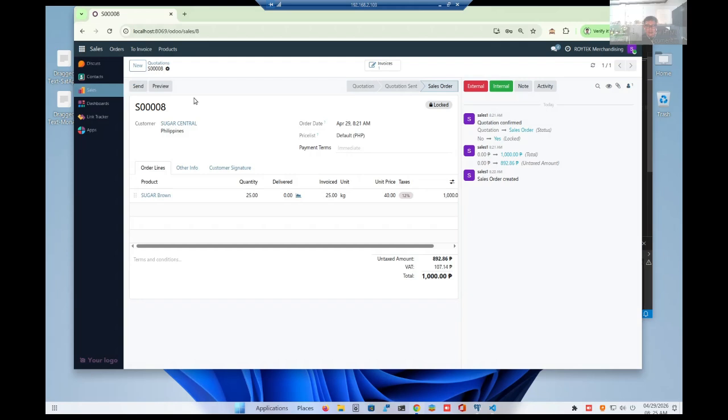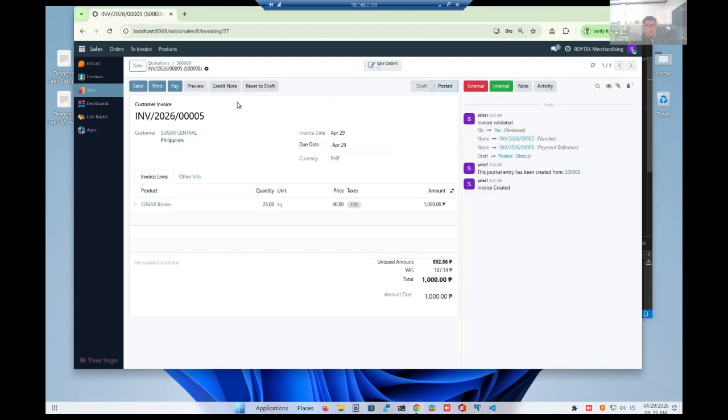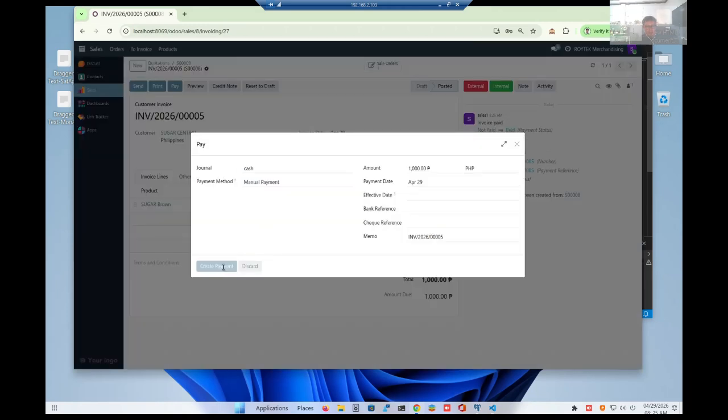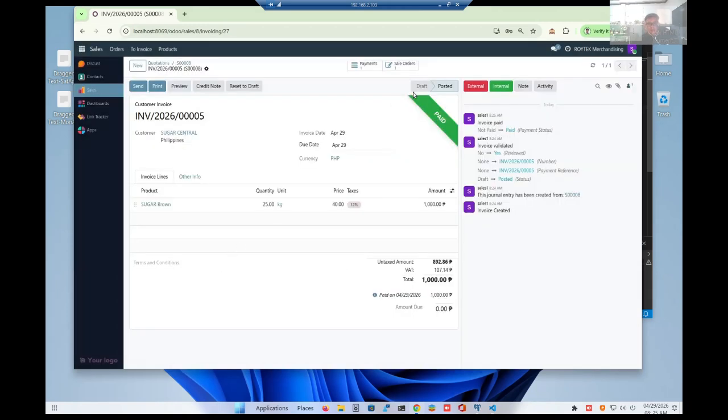We did not create the invoice, but there's an invoice already, so we can click this and then we can pay. It's normal. Sales encoders who are also cashiers can receive payments from invoices right there and then. Let's receive the payment. Now it's marked paid.